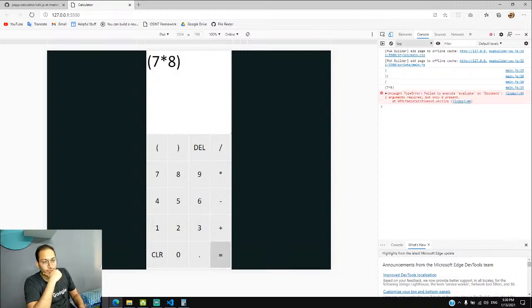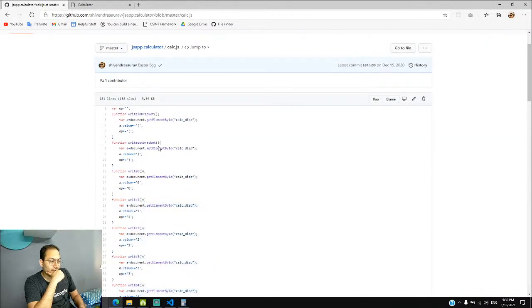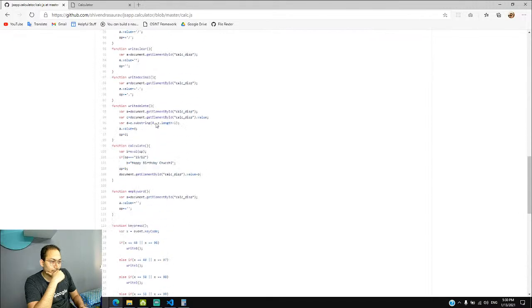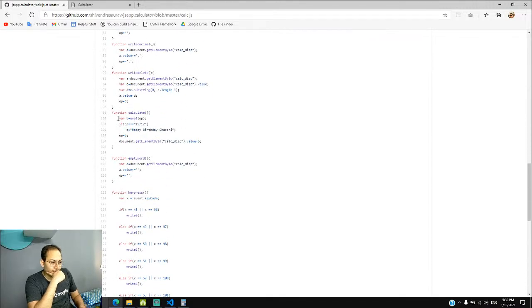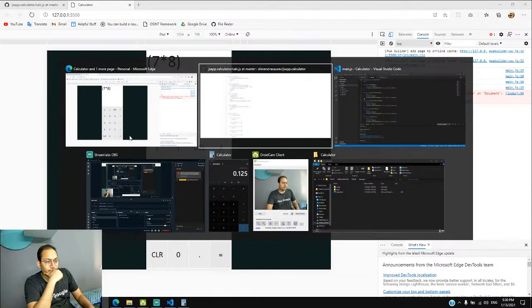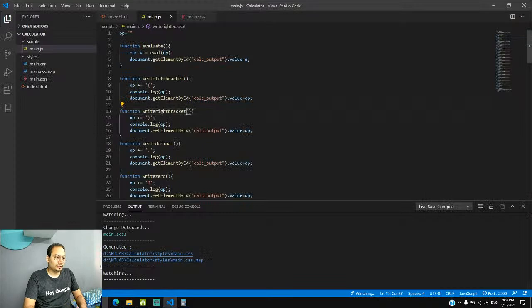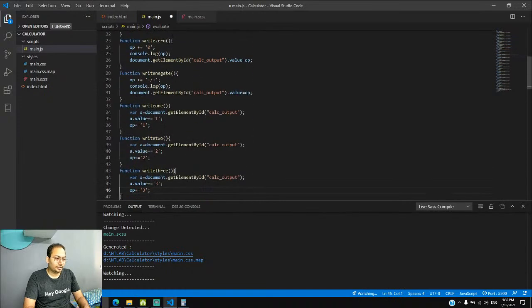So we can just say 7 into 8 and then equals will give us some value, and yeah, we still have to work on our evaluate function, right? So let's just take a look at this evaluate function which we have right here. So we're just making an eval op, and then we are saying op equals b. It should still not work, right? Because it's essentially the same thing, just in a different container kind of thing. So it says to use a single string, a double string, and